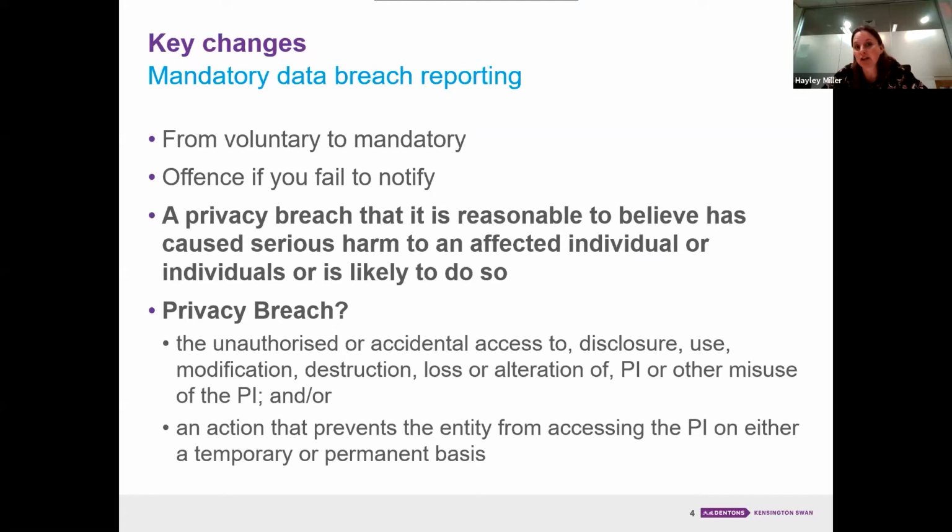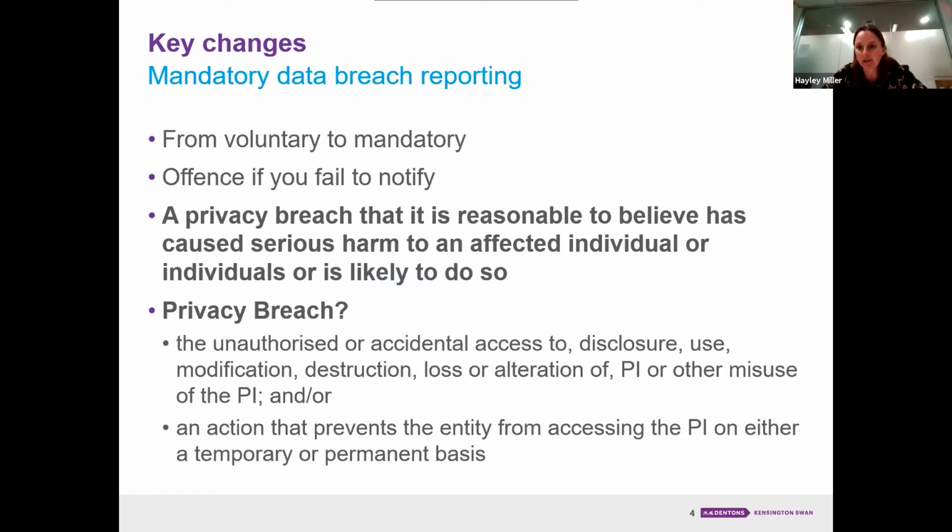That's changing now to mandatory reporting, and that brings us more in line with many other jurisdictions, Australia being one. Now, interestingly, there's more of an offence if you fail to notify of a breach, arguably, than in relation to the breach itself. Obviously, you could end up with damages from a breach, but there's no actual fine necessarily. But it is an offence if you fail to notify.